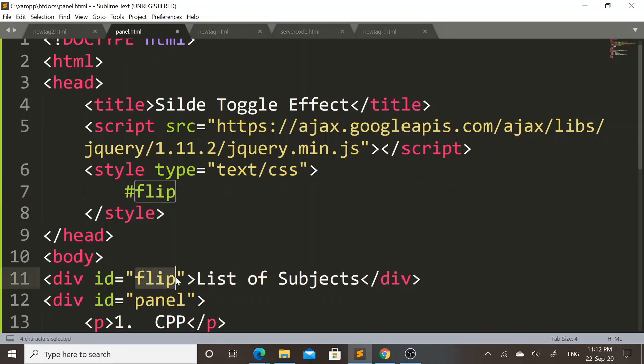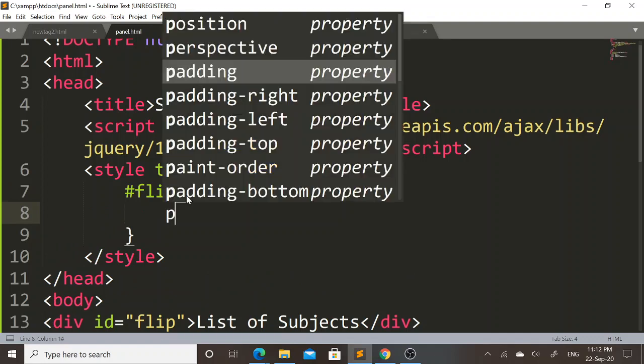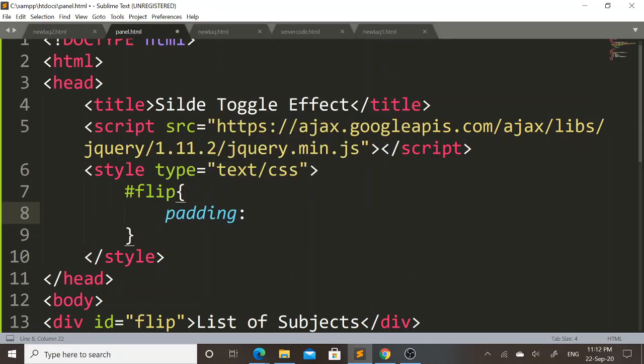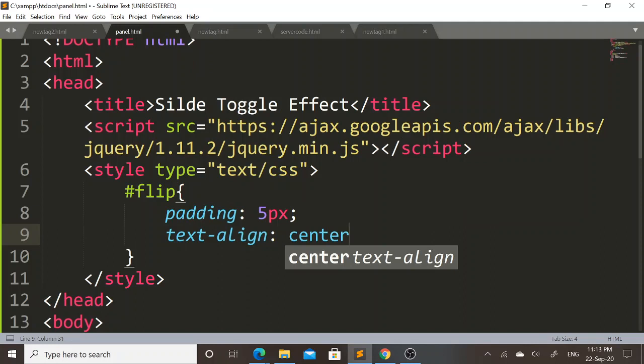This is the selector ID for first division tag. So initially I will set padding property, that is 5px. Then I will mention text-align property center to display the text in a center position of that particular div tag.